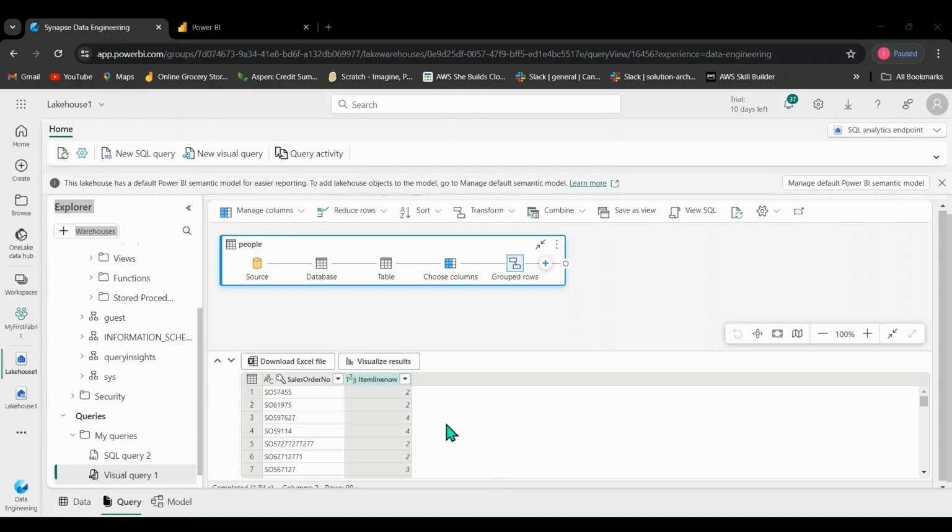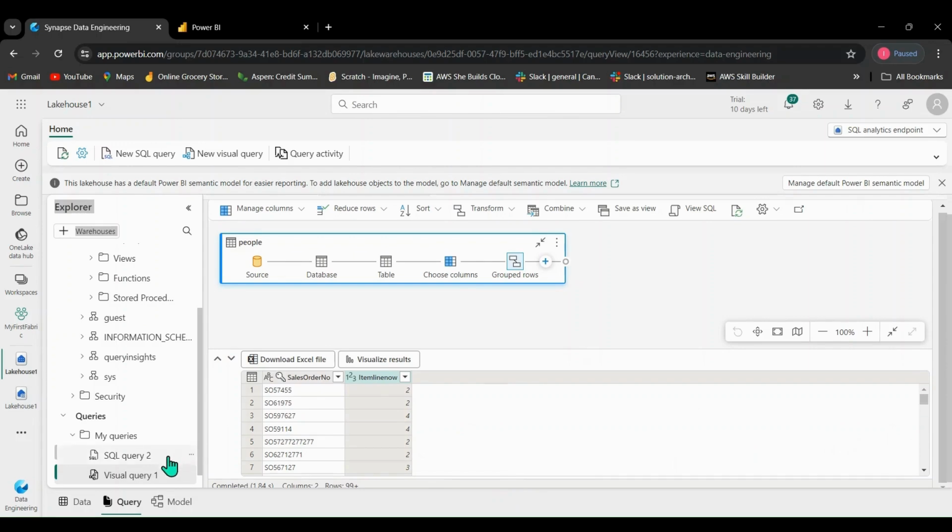So the tables in our lakehouse are added by default on the semantic model for reporting with Power BI. Because we want to create a report, all the way to the bottom here you see that we have three tabs: data, query, and model. In the last class we stopped at query, which is the new visual query. So that's why you can see we are at the query